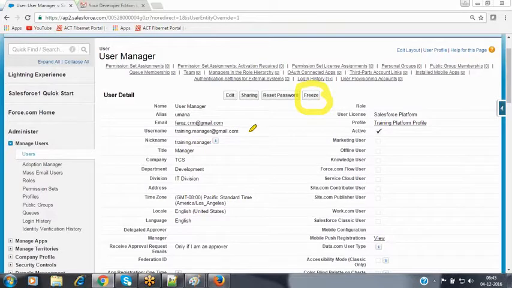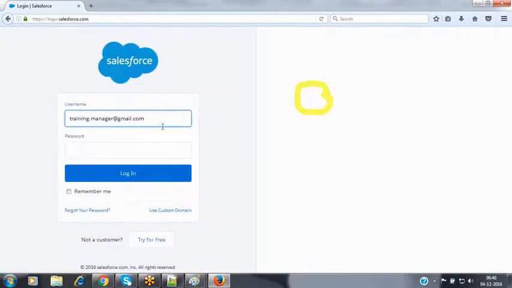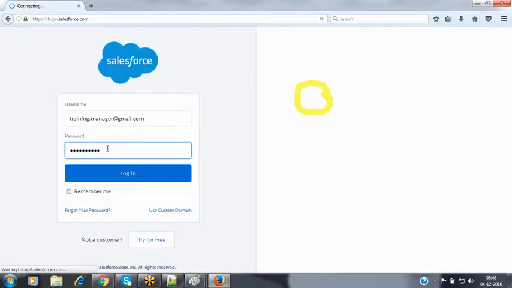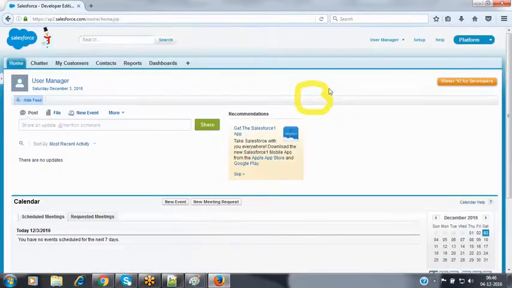Now this user is what? Manager user. Now let's try whether this user is able to log in into my organization application or not. I would like to cross check that before freezing. I haven't frozen that user record right now here. I want to log in into this account here. This user is the manager user. I'm entering the password. When you press enter, then this user can log in into my application as it is. Nothing but this person can log in.